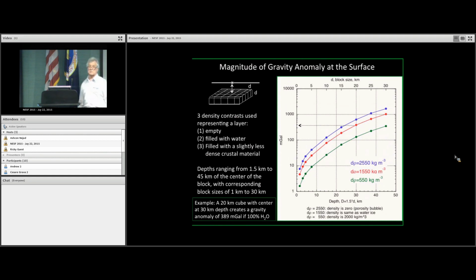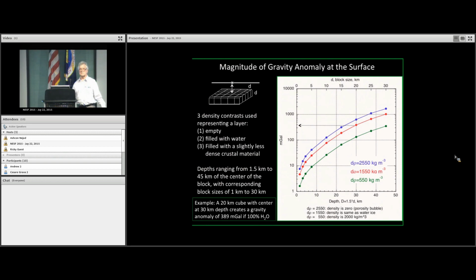And we take 3 examples of what the density contrast might be in a layer like that. So we start off saying the average density of the crust is 2550 kilograms per cubic meter, which is our general assumption, best estimate for the average crust. So if we make a hole, that's what it amounts to, a delta rho of 2500, then you're following this blue line down here. You've got a depth here from 10, 20, 30, 40, 50 kilometers, and you're following the blue line down here. The point is, if you have a hole at, say, 25 kilometers or something like this, it can